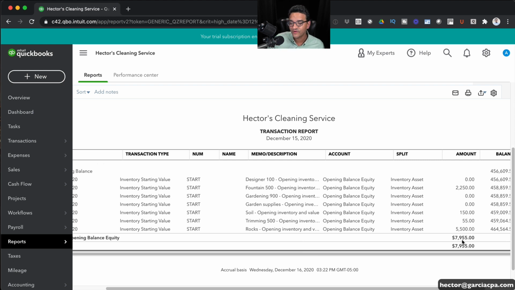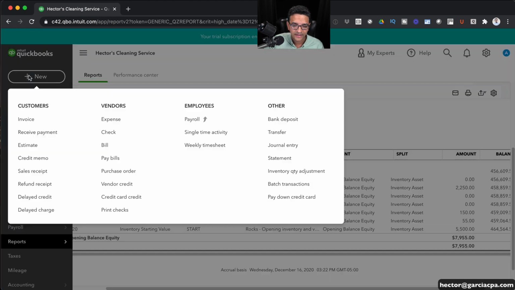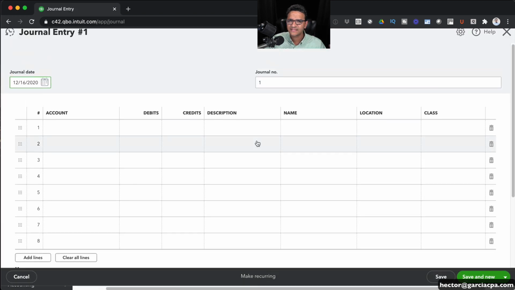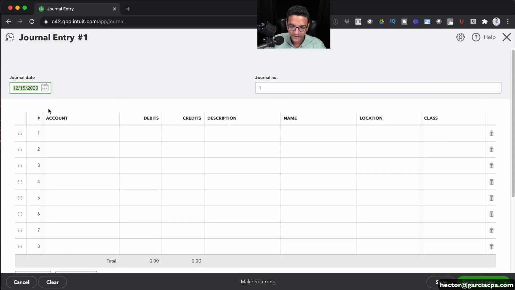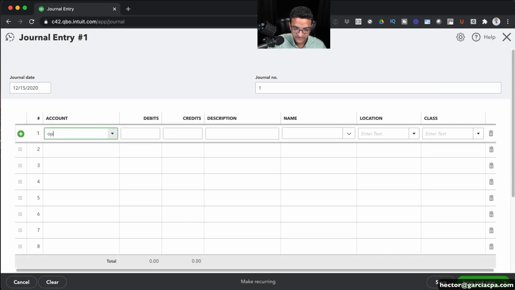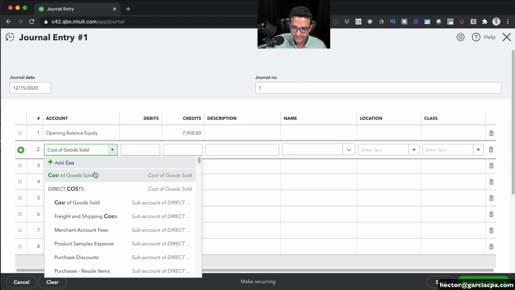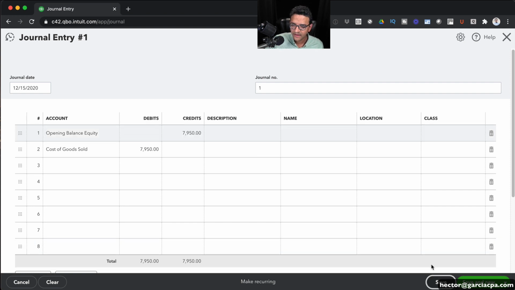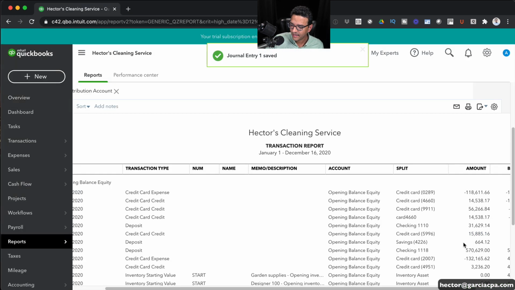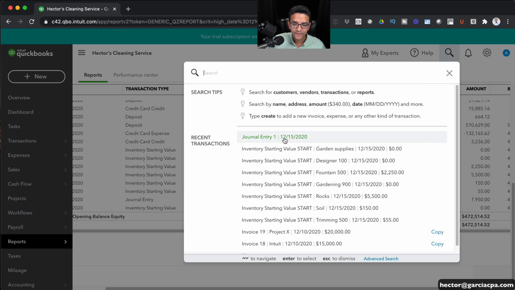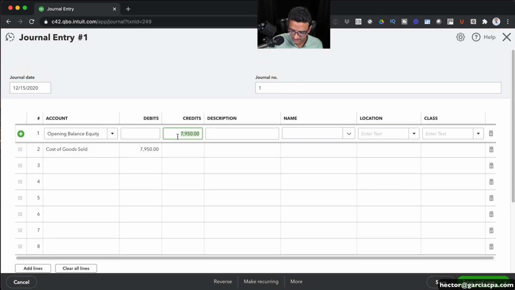So if you know what to do with that entry, like making a journal entry against cost of goods sold or against retained earnings, you can do that simply by creating a journal entry by going into new and then journal entry. And let's assume we're going to send that back to cost of goods sold. So we're going to make a journal entry on 12/15. We're going to start with opening balance equity. I forgot what the dollar amount was, $7,950. And we have cost of goods sold, but I'm not sure if that number is right, so we'll go back and check that. I'm going to click on save, X that out, and okay, so it was a $5 difference. So I'm going to click on the magnifying glass, open that transaction again, and put